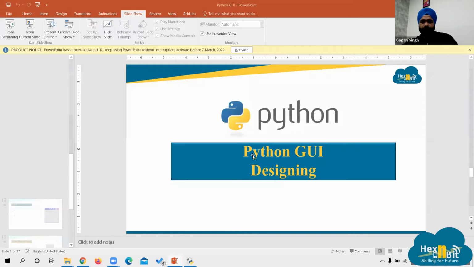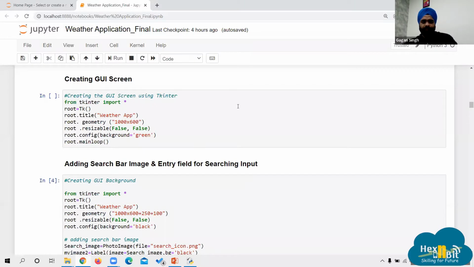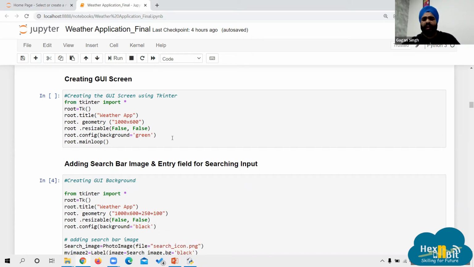In terms of this, anyone having any doubt? Anyone having any query that anyone wants to ask? Sir, could you please explain that last method, the place method, once again? That I will explain in this. Only the place option? Yeah. During this project also, I will be discussing that part. Okay, sure. Anything else anyone wants to ask till now?